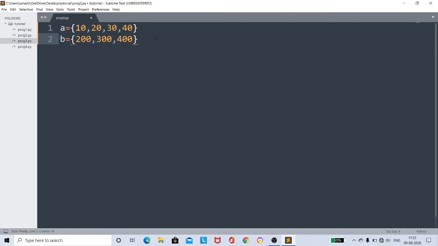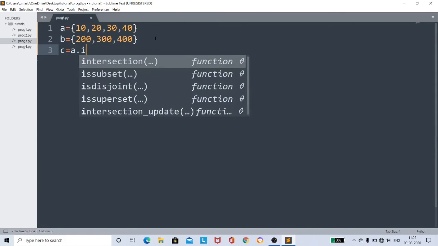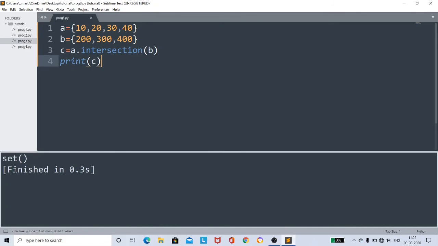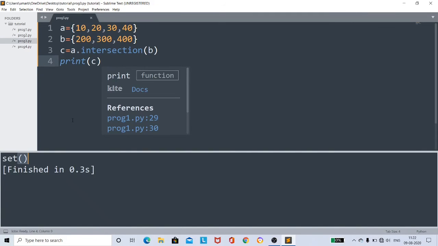If we perform intersection on these two sets, we get the null set as output. Here I will show you. I take set C equals A dot intersection B. If I print my set C, see, the null set is printed. That's why set A and set B are said to be disjoint sets.